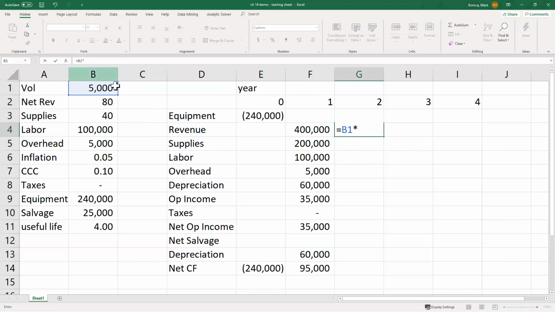The inflation isn't going to apply to the volume, right? In the sense of like, we're not going to do 5% more volume. We're going to assume the volume stays at 5,000. So I could then multiply that by 80 times 1.05, right? So now I'm specifically applying the 1.05 to the net revenue figure. But what you're going to see is it makes no difference